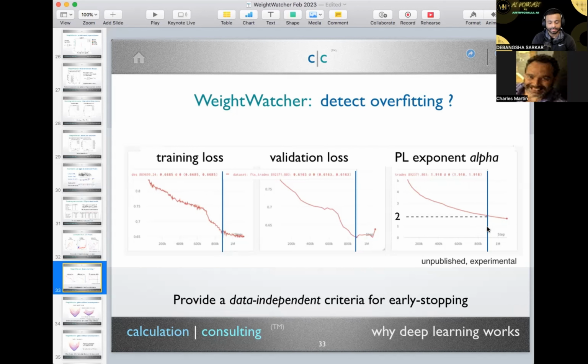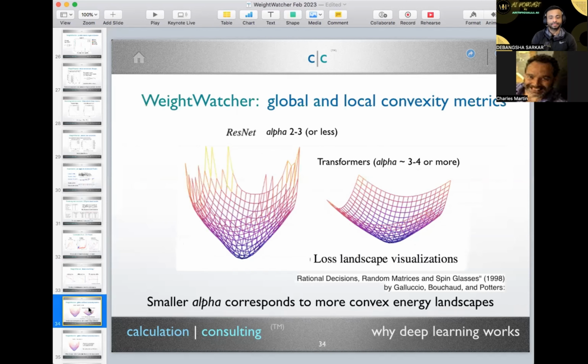I have examples on the calculated content website, toy examples. If you train a multi-layer perceptron on MNIST, a really simple model, you get 2 at the best accuracy, and when you see a correlation trap, alpha drops below 2, and it's reproducible. So we have some idea of what's going on, but there's a lot of phenomena, so we can isolate bits and pieces.